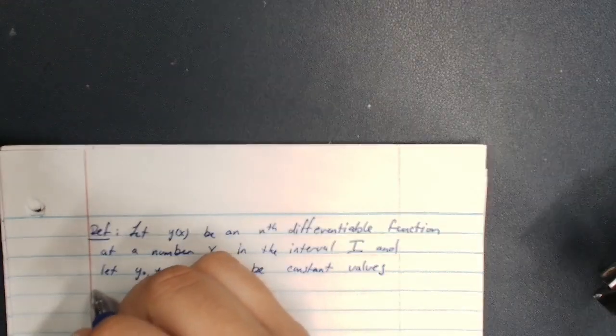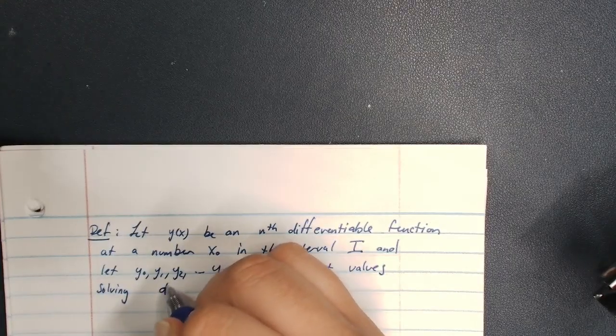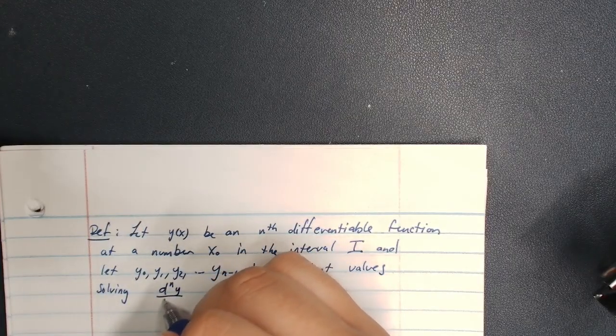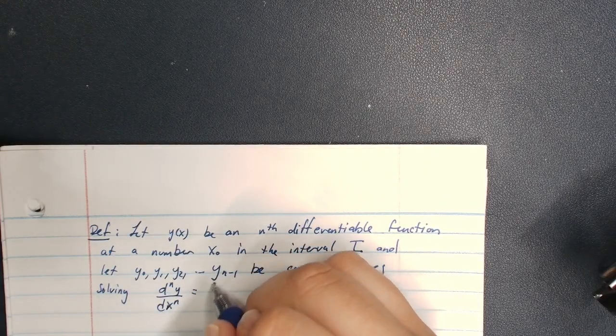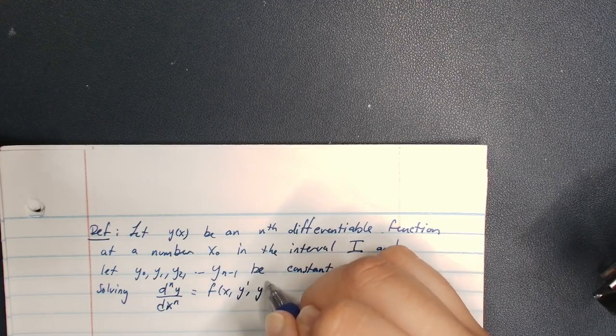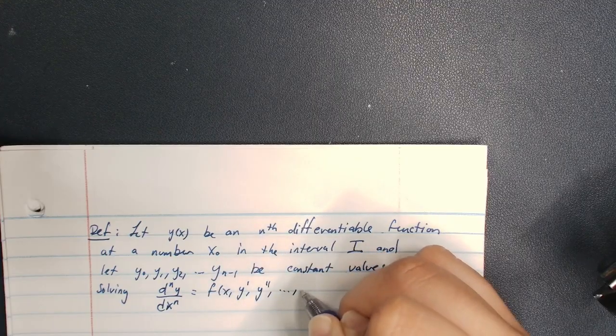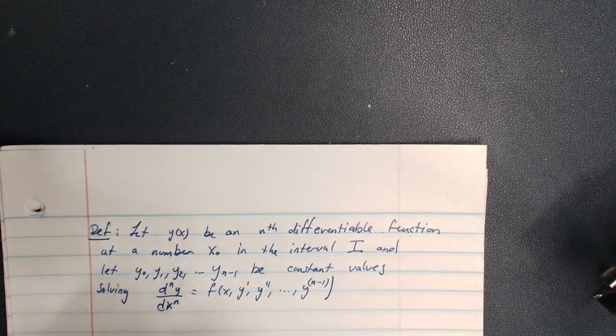Solving the problem, that looks like the nth derivative of y with respect to x is equal to a function of x and the first derivative of y and the second derivative of y and all the way up to the n minus first derivative of y, derivative not power, subject to the constraints